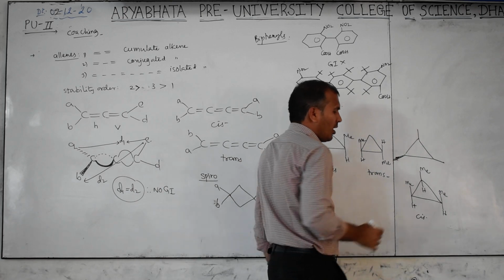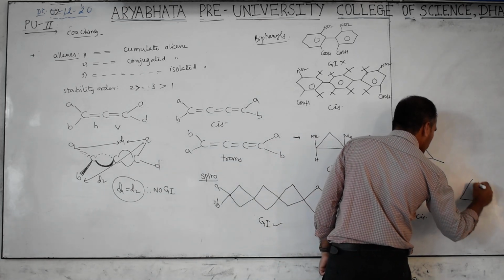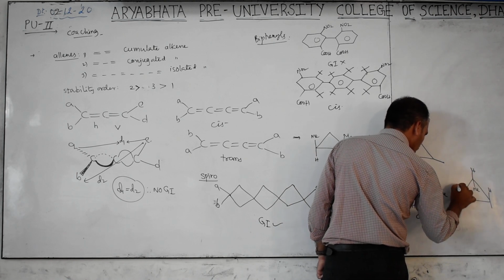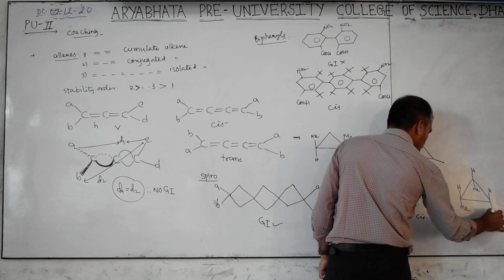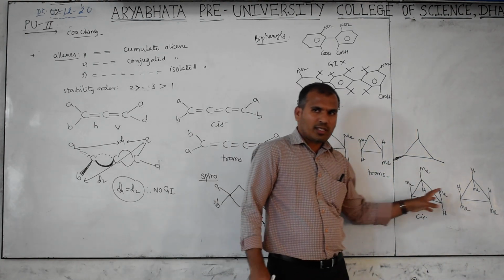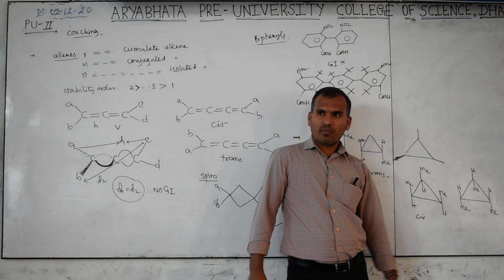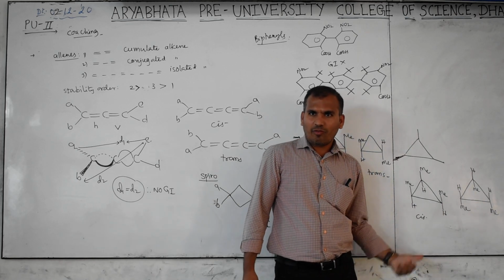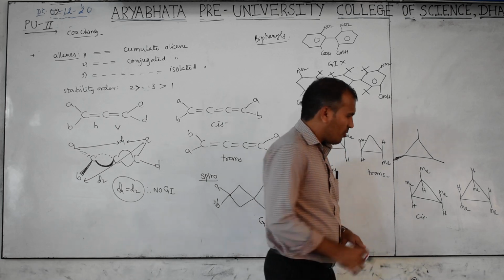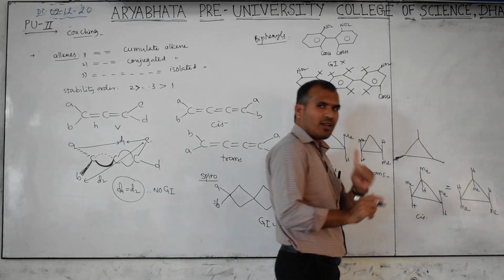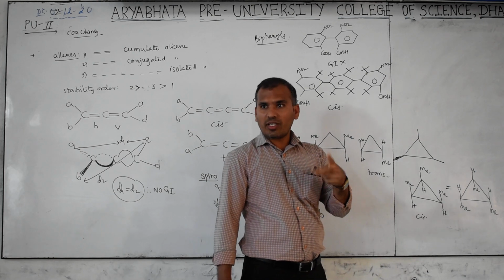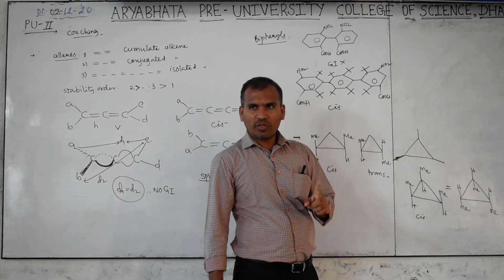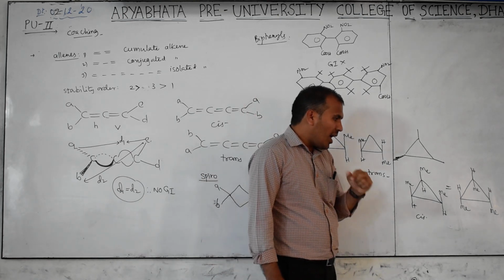Is that so? If I write this is, this is. Now tell, this is which form? Cis. Then both are same or different? Same only. If you are telling this cis, it means same, no? Therefore don't count. Which is same, don't count. These both are one only. Don't count, repeat. Which is same is not counted. Already I told in the constitutional isomer: same form, don't count. Which is different, only that counts. These are same. Another possibility, what can we tell?